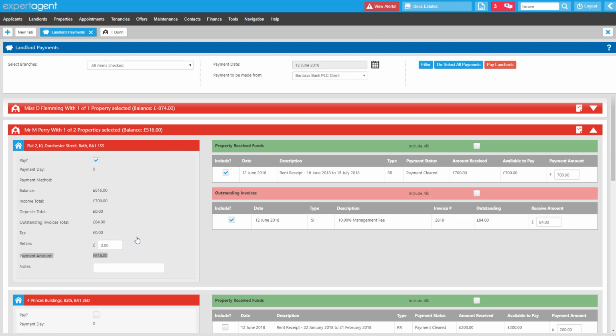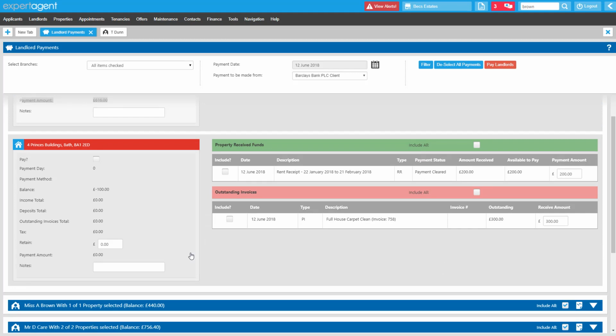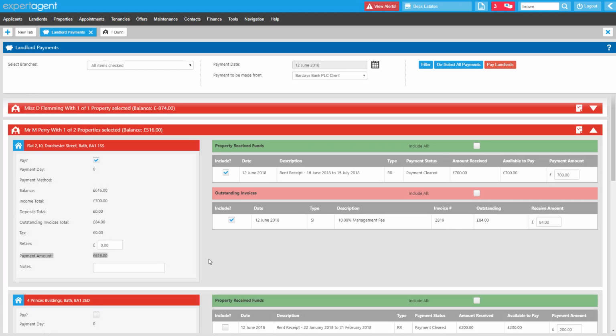So we're going to record that we've made a £616 payment to this landlord for this property, and we're going to ignore this one. We're not going to tick anything there because there's not enough money to pay the landlord on that one. The other option that we might want to consider is that our landlord might want us to